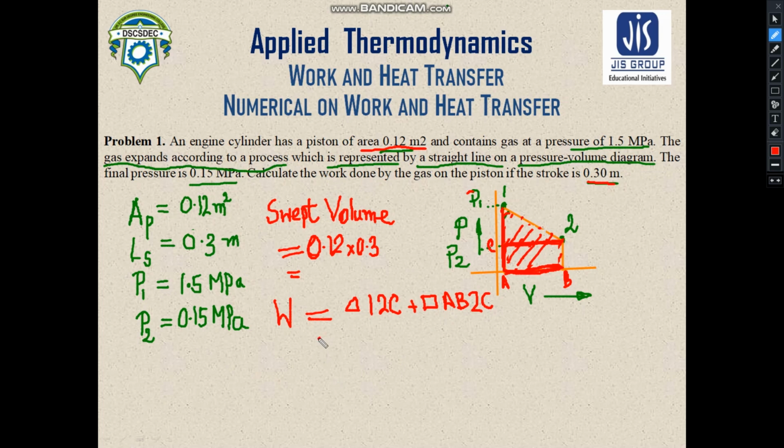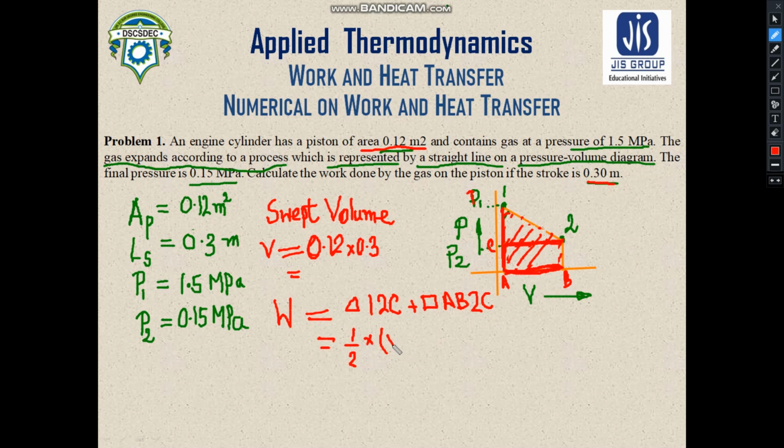I will not be writing all the information. I will just be referring to the basic data, like I will write P1, P2 and V. So this is our V. So this will be half into